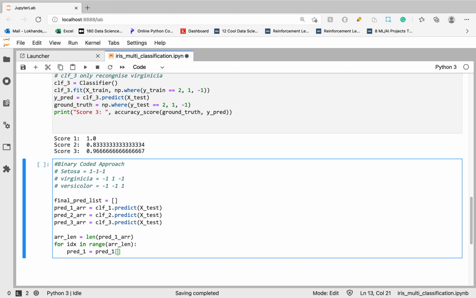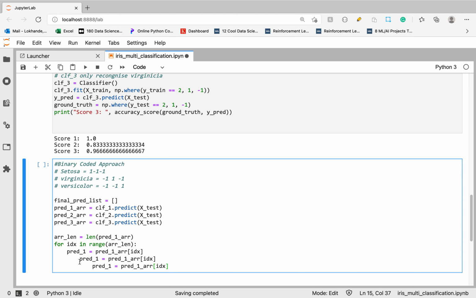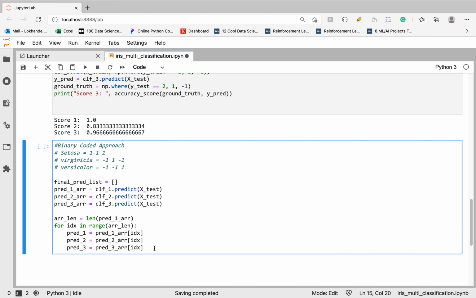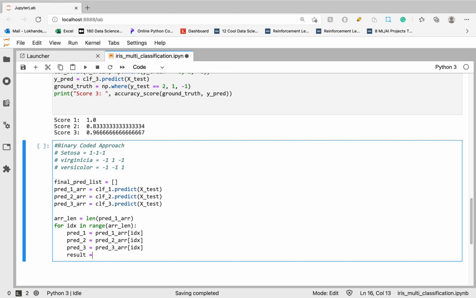So basically it is pred1_arr[idx]. Let's copy and paste here. It is 2, it is 3, same for 2 and 3. Now I will create a string of it: pred1, pred2, pred3.